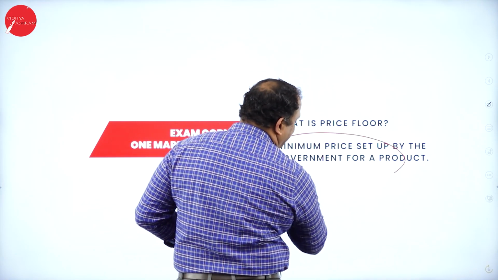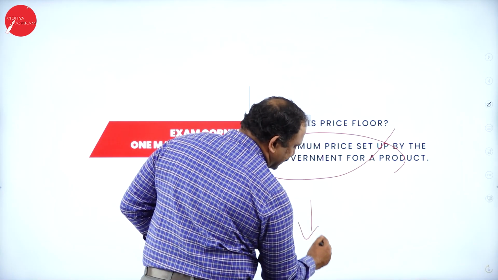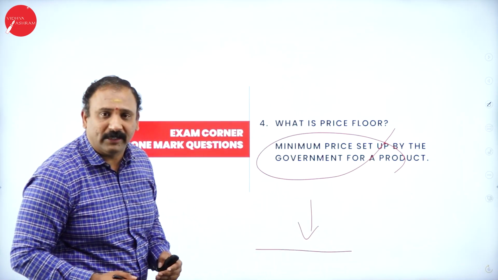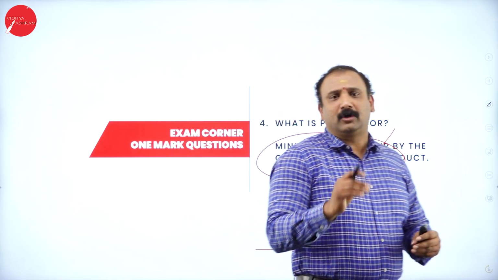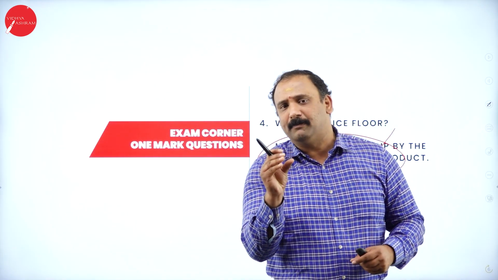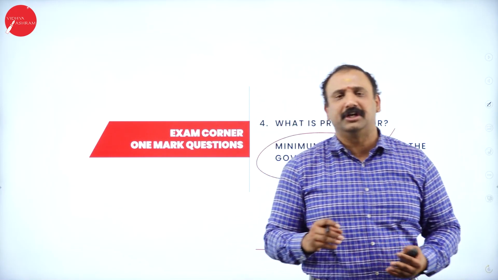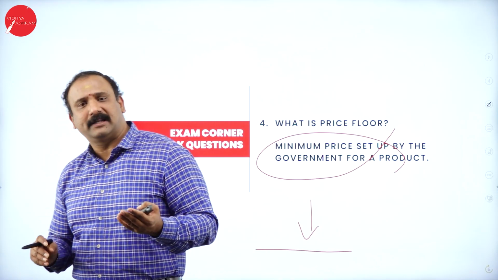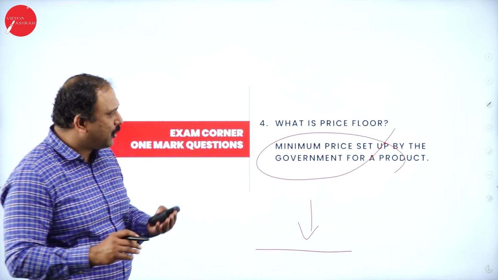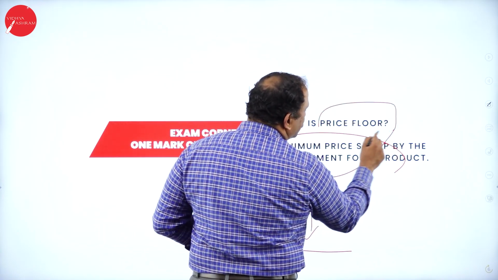Followed by, what is a price floor? It is the minimum price set by the government for a product. So the lowest price set by the government is what we call a price floor. Now, why does the price floor come in? Because there are certain times when people might involve themselves in black marketing of products, or people might cut down the competition by bringing down the price. So there are several ways to manipulate the market altogether. In order to stop all these, the government says very clearly that let me introduce a price floor.